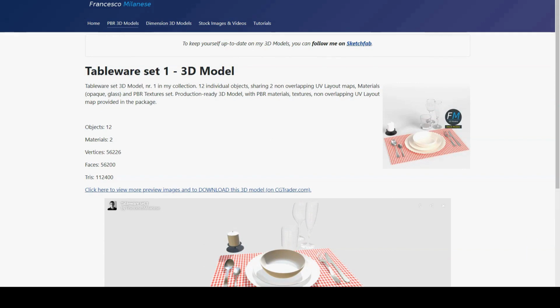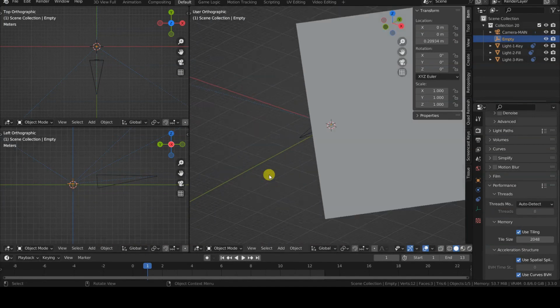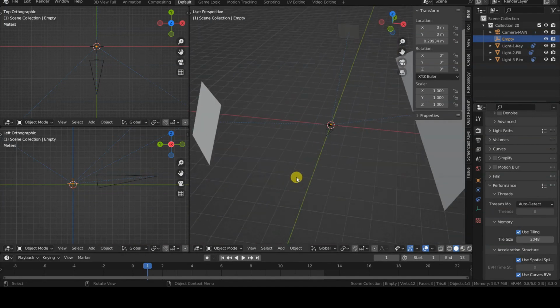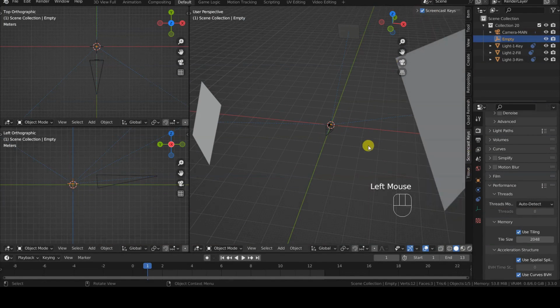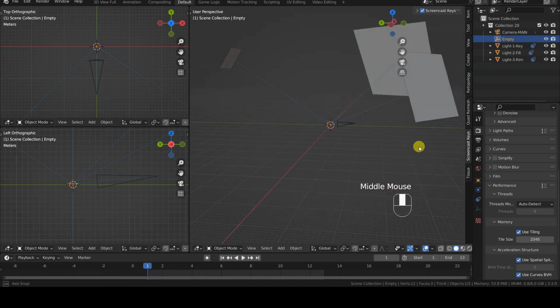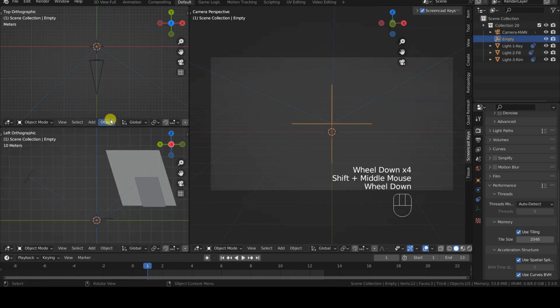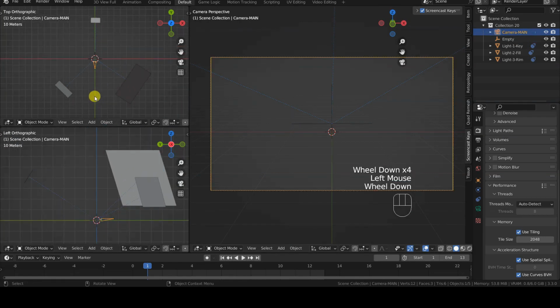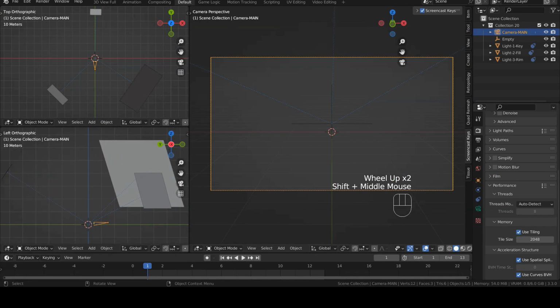In the first part of this tutorial, I will show you the basic scene without a 3D model to list the various settings of the template file to be used as a starting point for all the models to be framed and rendered. In the second part, we will see a practical example with the 3D model I mentioned earlier, so as to see how to create the rotation animation. So, let's start with the first part of the tutorial.